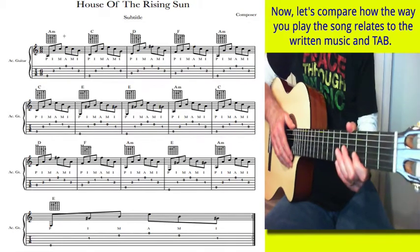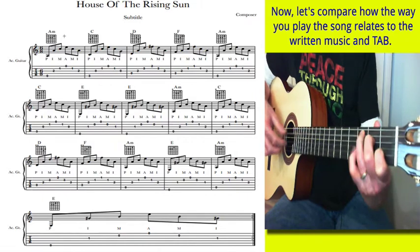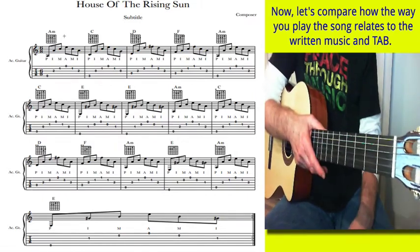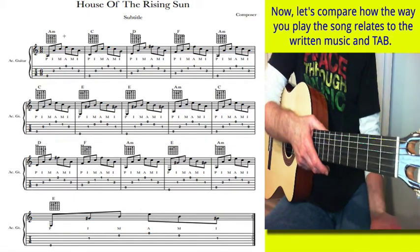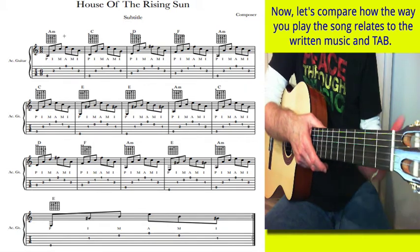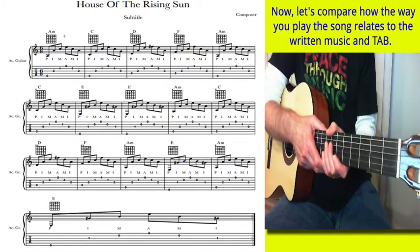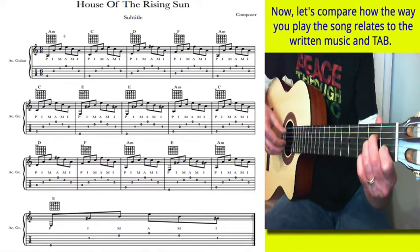Now that you've worked with me and had a chance to get going with the chords, I hope that now you have that down, and let's take a moment and look at how this works with music. In the other units that we played, we learned the music and we learned how to read the music to then play it on the guitar. And I like to teach this one backwards. In other words, learn how to get the right routine down